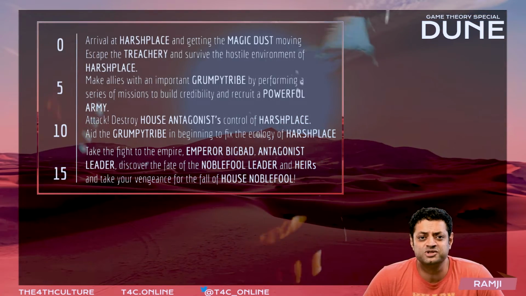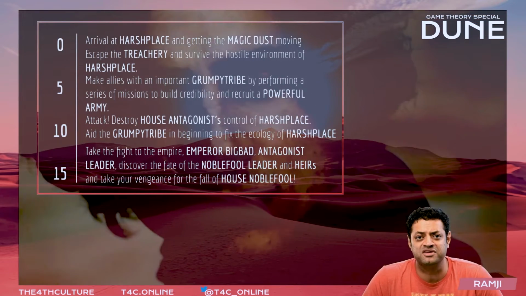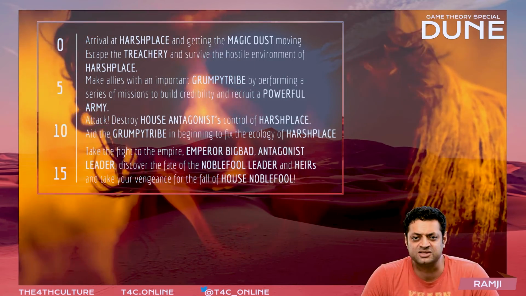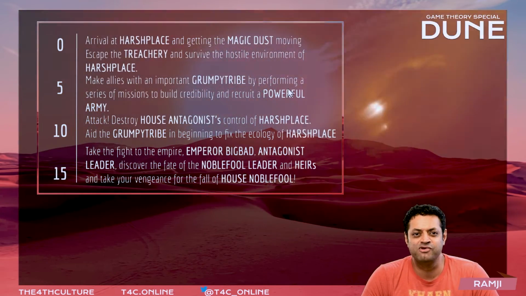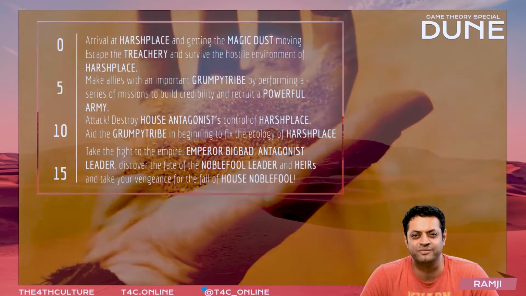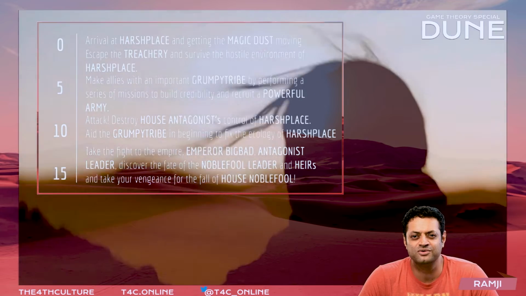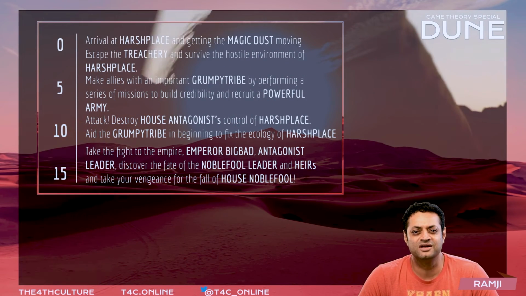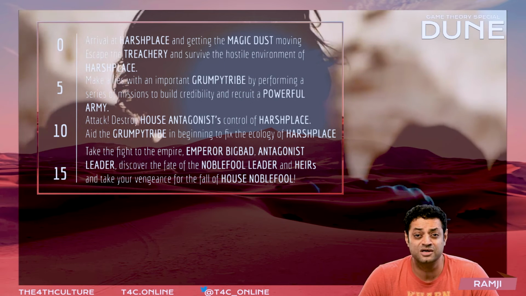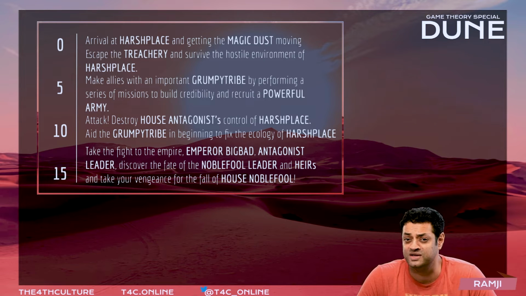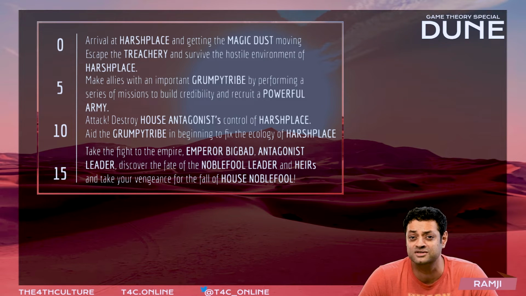Finally, by the time you've got to about level 15 or so, you've kicked House Antagonist's ass. You've maybe had a couple of setbacks along the way, but oh boy, are you ready right now? You've got a whole bunch of allies and you now control the magic dust. And so whether or not you were able to sweet talk them, now the guild has got to listen to you. And as well as the guild listening to you, maybe you've discovered a couple of secrets about how the magic dust works. Either you can now replicate it, or more importantly, you can destroy it.